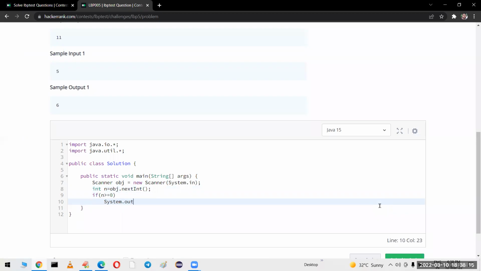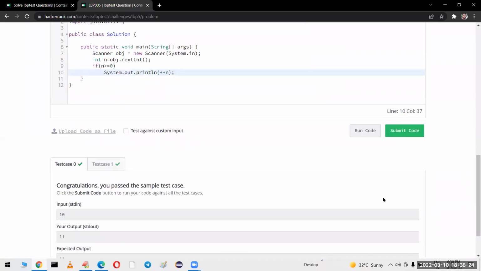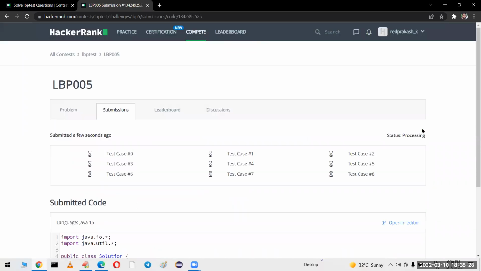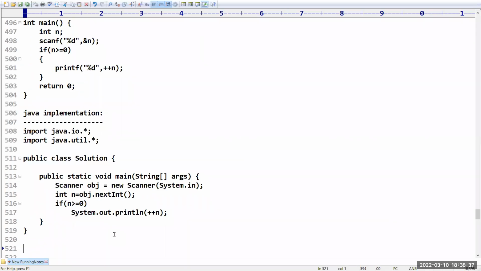If yes, System.out.println of ++n I am taking. That's all. Perfect, sir. Now let us submit the code. All the test cases are passed successfully. This is how you can implement it in Java.